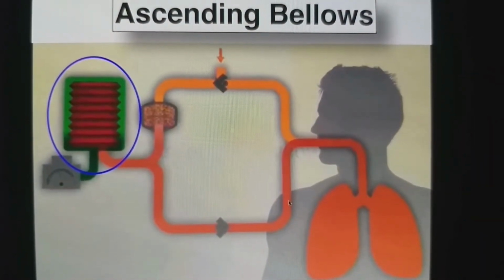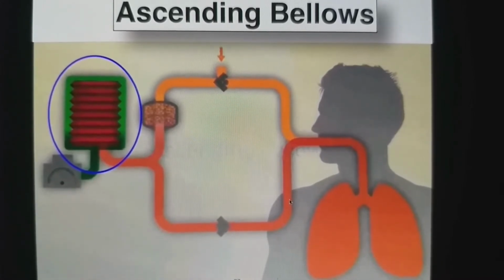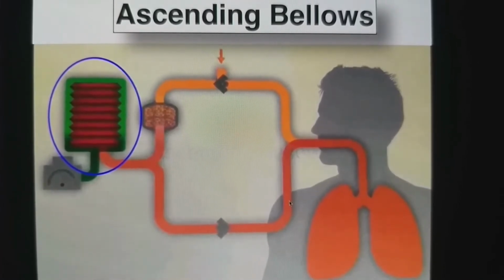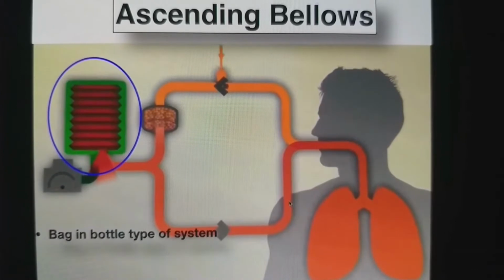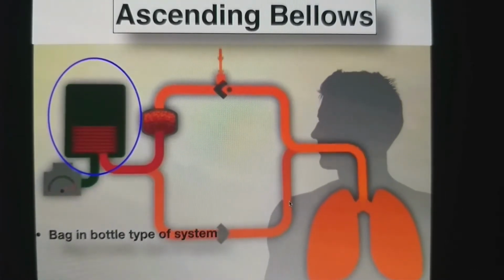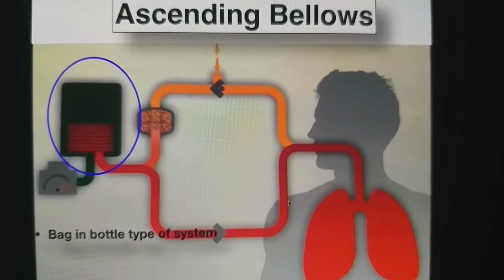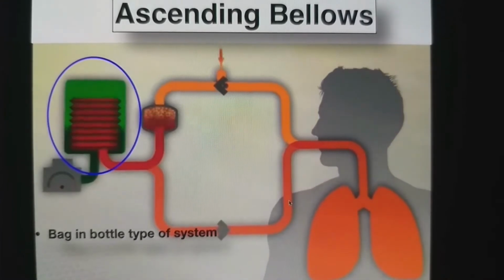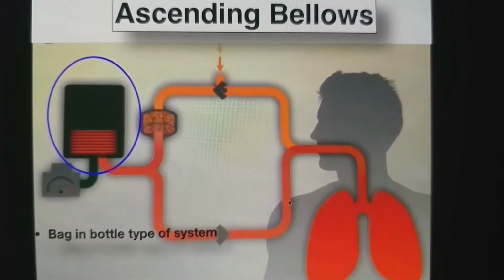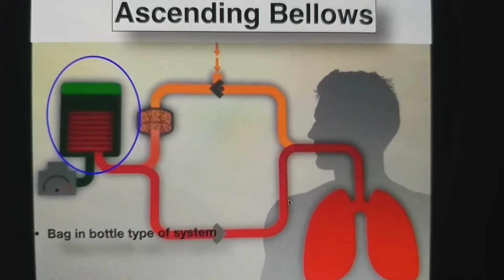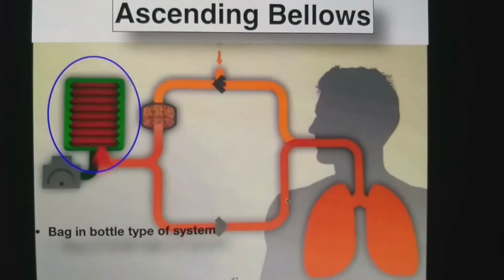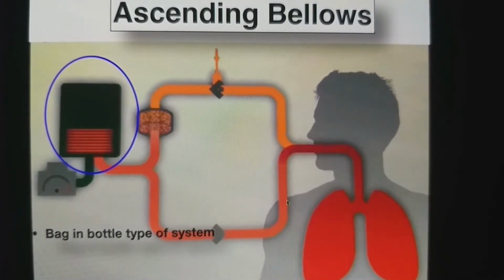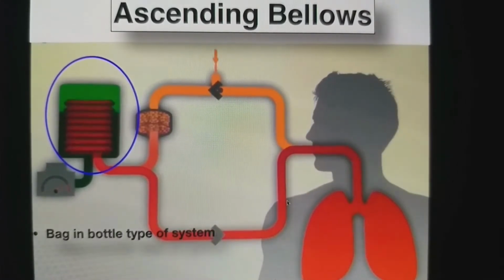All bellows machines nowadays are named ascending bellows on the basis of their behavior in expiration. Bellows is essentially a bag in a bottle type of system. So in a bottle there are bellows. Inside of the bellows is connected with the fresh gas flow and the circuit flow, and outside of that the bellows are connected to a dry gas. Dry gas is delivered into that bottle, which compresses the bellows, and the patient gas or fresh gas flow is delivered to the patient.